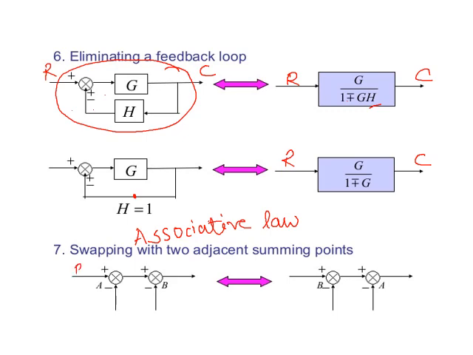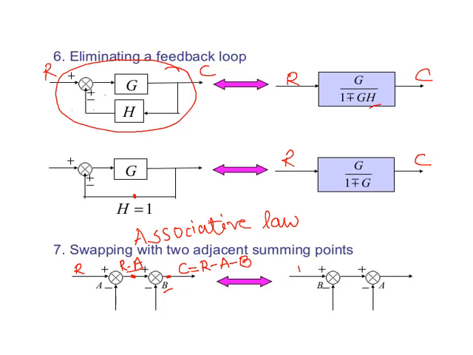So this is input R and this is output C. What will be the output at this node? It will be R minus A, because the signal gain is given as A. Okay. What will be the output here? Look at this, here two signals are coming. The first is R minus A and the second is minus B. So the resultant C is equal to R minus A minus B. Now you can check here, the summing points are swapped.